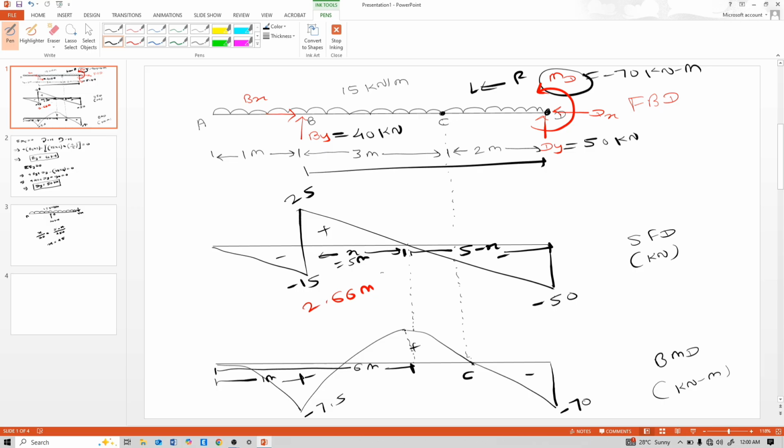So for that C point, positive 40 into 5 minus 15 into 6 into 6 by 2, again